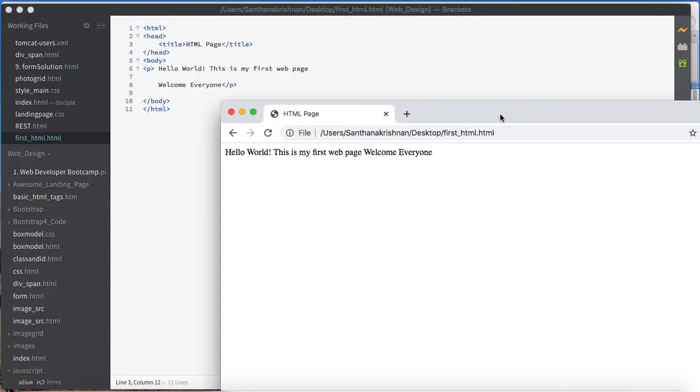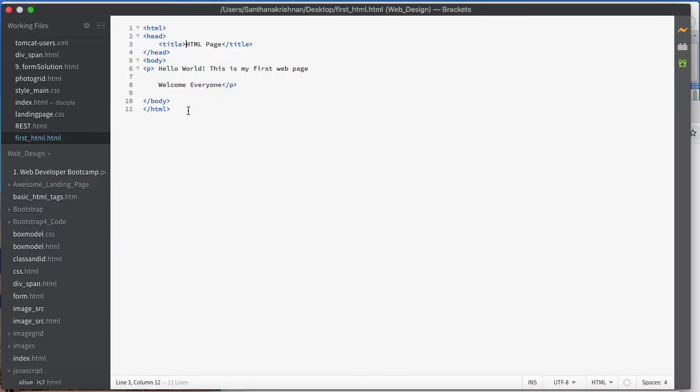See here, the browser trims all the white spaces into a single space, and it is displayed as a single paragraph. This is how it will be treated. Now we will modify it a little bit: I will take this as one paragraph, and this as another paragraph.